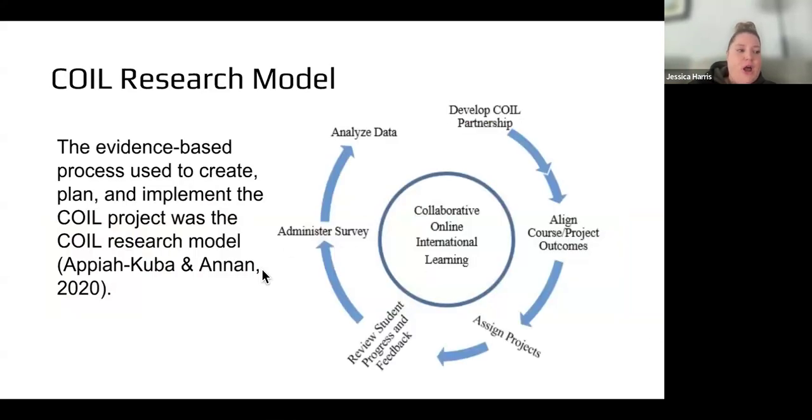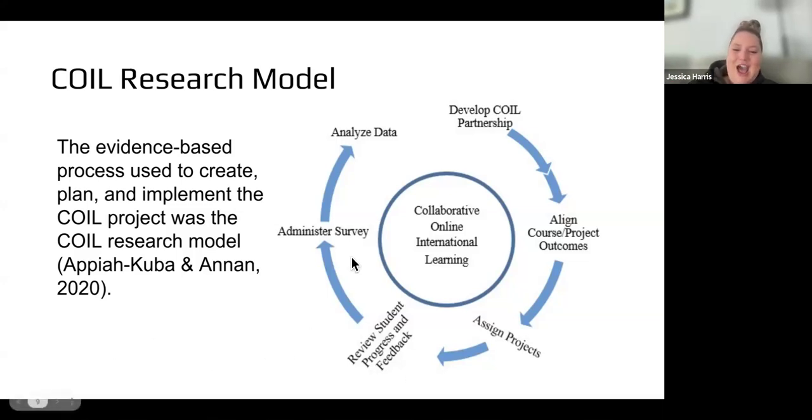So the COIL research model, this is one that we use. There are many out there, but it's an evidence-based process. Like those 6 steps, this is what we looked at for how we wanted to start the process, create the plan and implement the project. We really use this COIL research model, where first you're developing that COIL partnership with the institutions, with those faculty members. We start having discussions about aligning course project outcomes. We start to think about how we're going to assign those